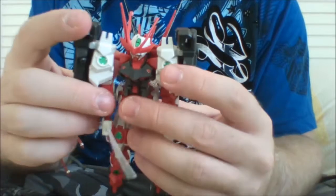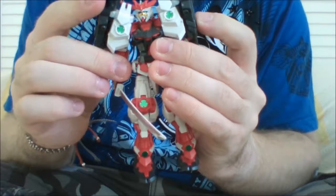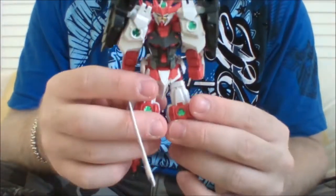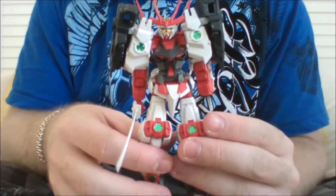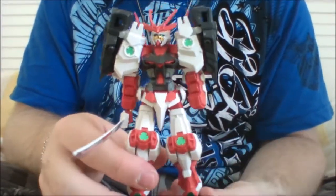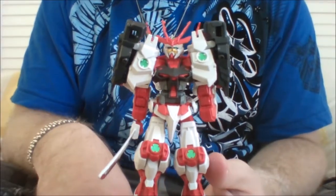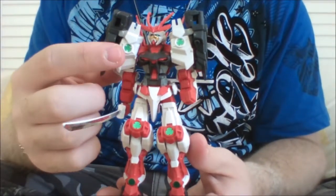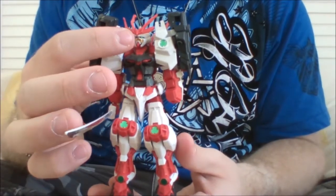So then, yes, the arms do like to pop off if you move them too much, but that's no problem. You just put it back in and that's that. So overall, I think this is a badass kit. It's my very first Build Fighters series Gunpla, and my very first high grade actually. And I am very happy with my choice. There's a medium amount of stickers, all the green that you can see here, down on the knees, of course, the eyes, the gold up there,